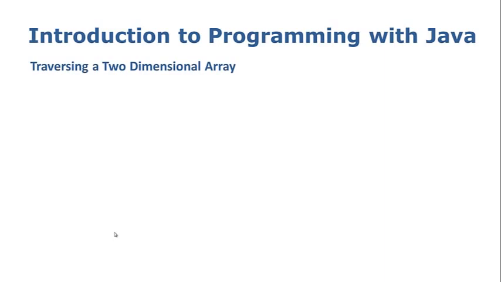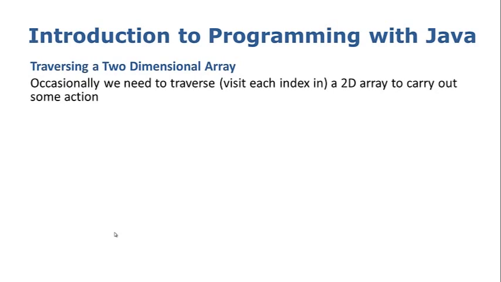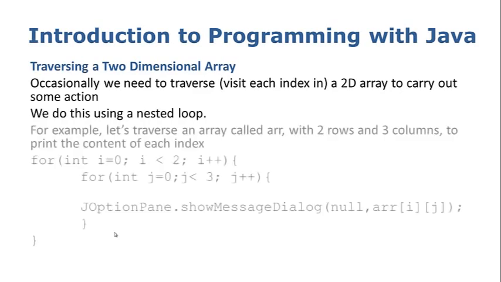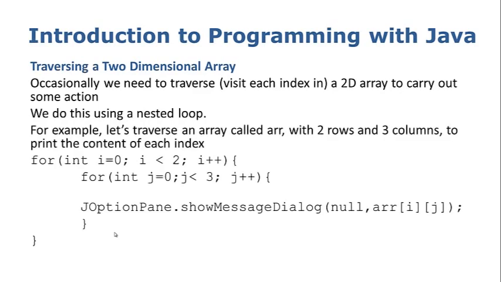Similarly to a one-dimensional array then, what can be really useful is to be able to traverse a 2-dimensional array. Again, we can do this using loops, and we would do this to carry out some sort of action, be it print all of the contents or assign a value or whatever it happens to be. And we do it using a nested loop for a 2-dimensional array. So for example, let's traverse an array called R with 2 rows and 3 columns to print the content of